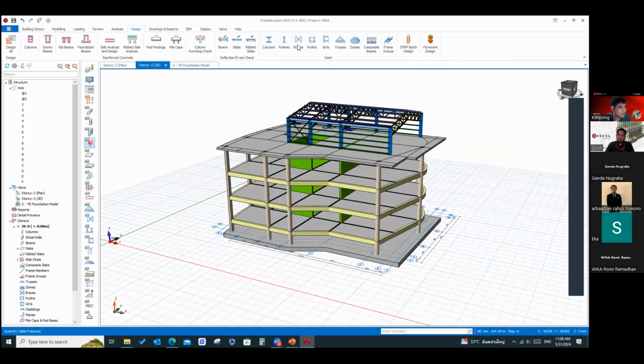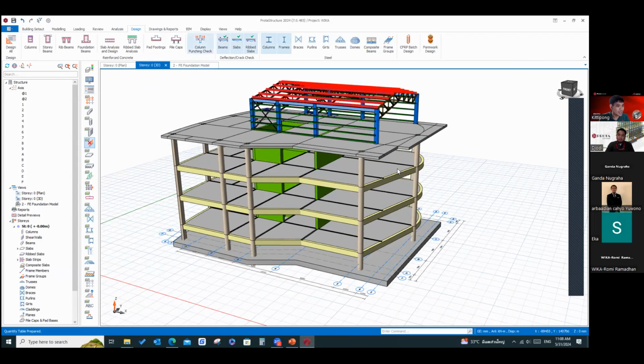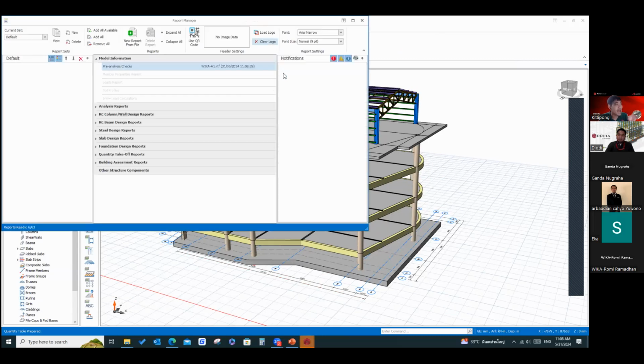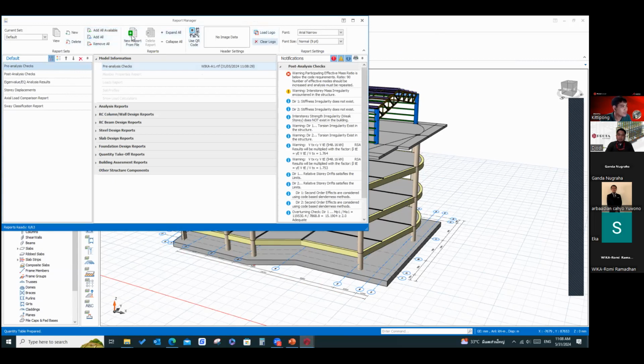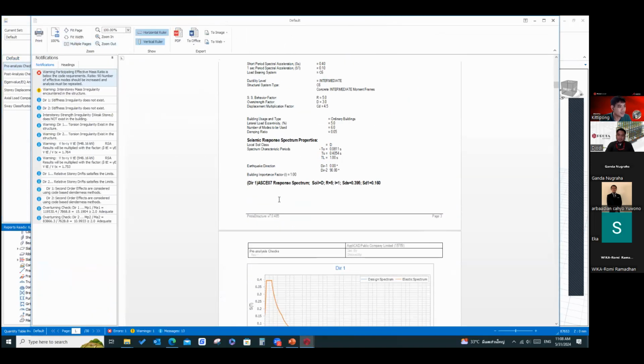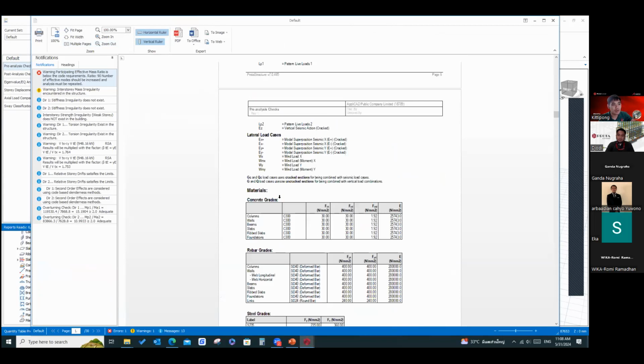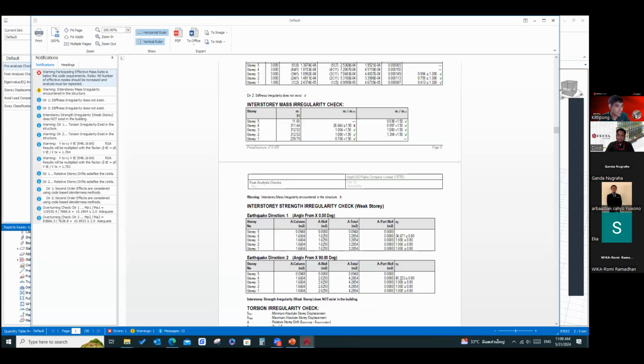For the final report, it concludes everything. Actually, it is the engineer's task to check whatever they want. You don't have to include everything in the report, as it makes the report bigger. So you have to select which part you want to show in the report. If you use the software, it will show you everything, but not really, because you have to decide some things first before you get the report.